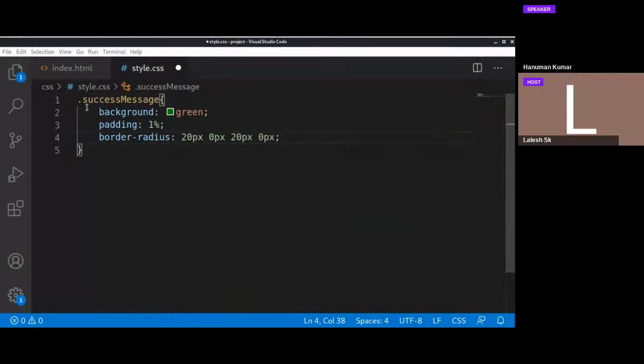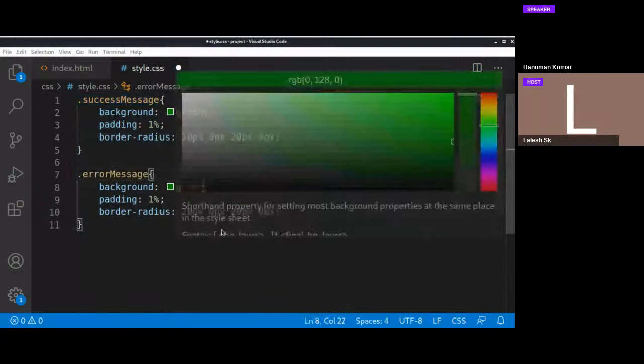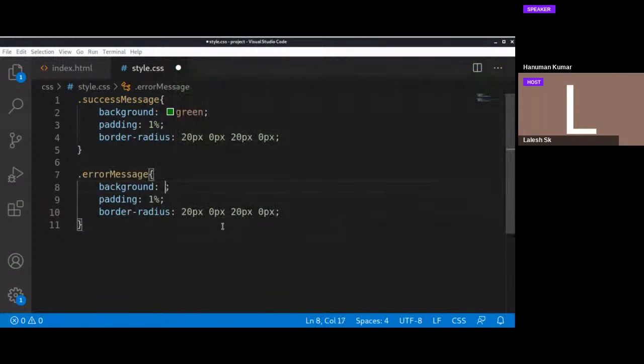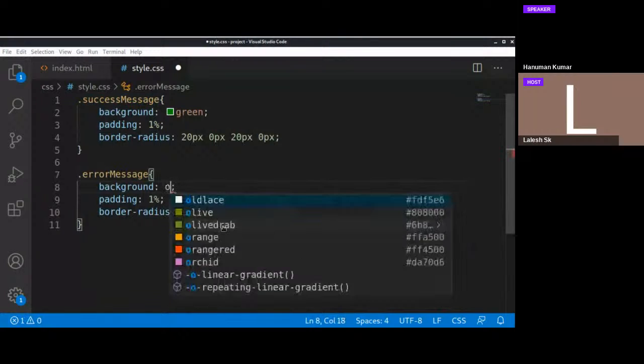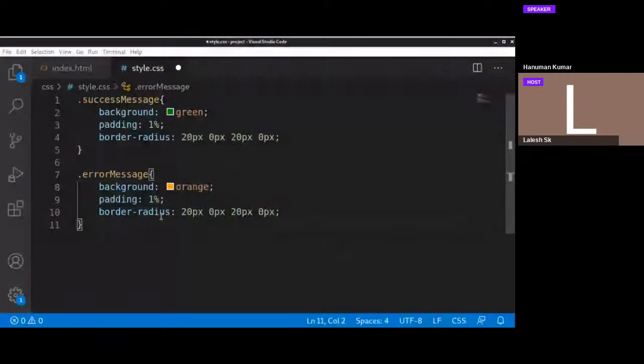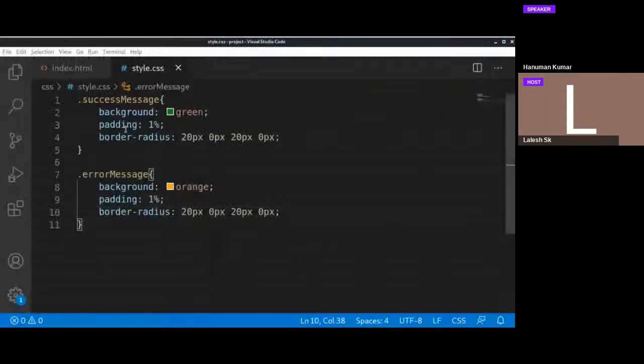And similarly, we need to implement the same kind of styles for the error message. So I'm going to use error message, and we need to change this color to red. Or I'm going to use warning. So that is orange. Alright, so we are using orange here. So this is for error message. And let me refresh this, and so we have to use these colors,